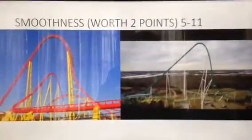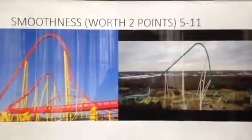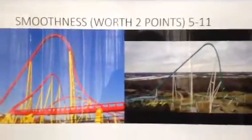Now smoothness, and this is worth 2 points, because sometimes not so smooth roller coasters could still be top roller coasters, and this is definitely a case with a lot of roller coasters out there. However, these are both smooth roller coasters, and so these are...